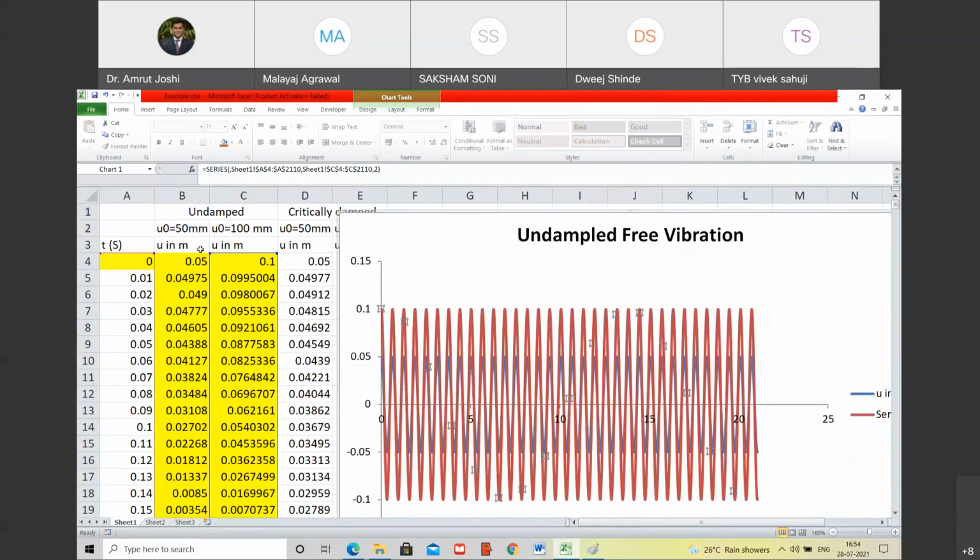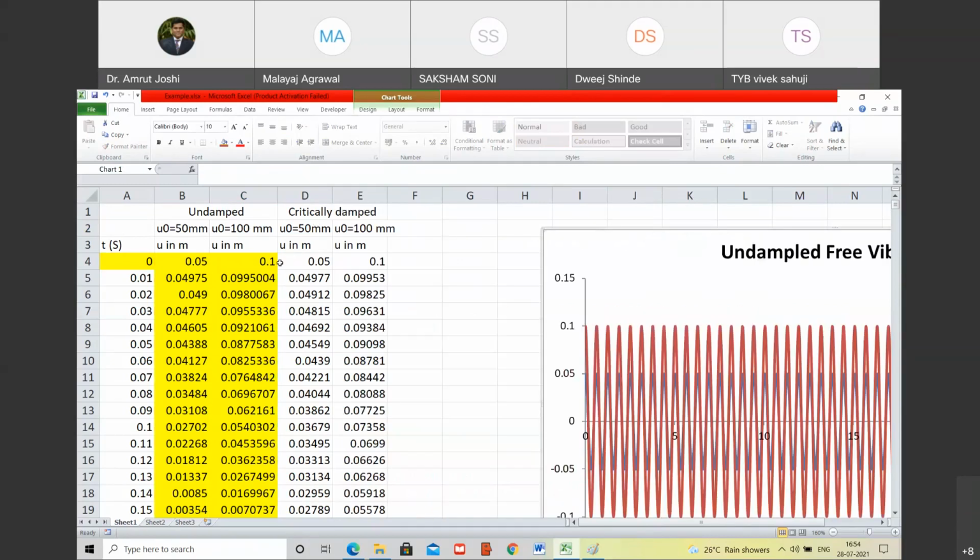So we know that for undamped system, the system will keep on oscillating forever, which is not practically true. So we have to model damping. And now we are considering a critically damped case. So in critically damped case, what is the solution? So just have a look at this formula here, which has been written.